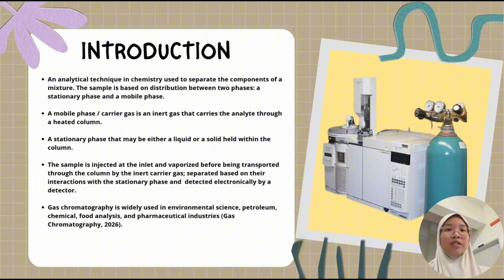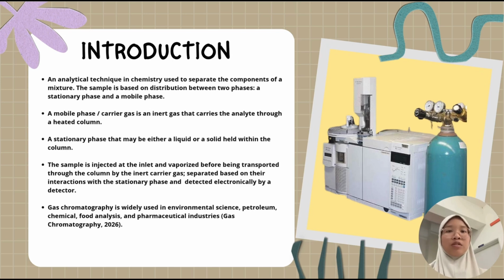The principle of gas chromatography begins when the sample is injected into the inlet and vaporized. The carrier gas then moves the sample through the column. As each component interacts differently with the stationary phase, they travel at different speeds and become separated. Finally, each compound reaches the detector, which records the signals electronically. Due to its accuracy and sensitivity, gas chromatography is widely used in environmental monitoring, petroleum industry, chemical analysis, food quality